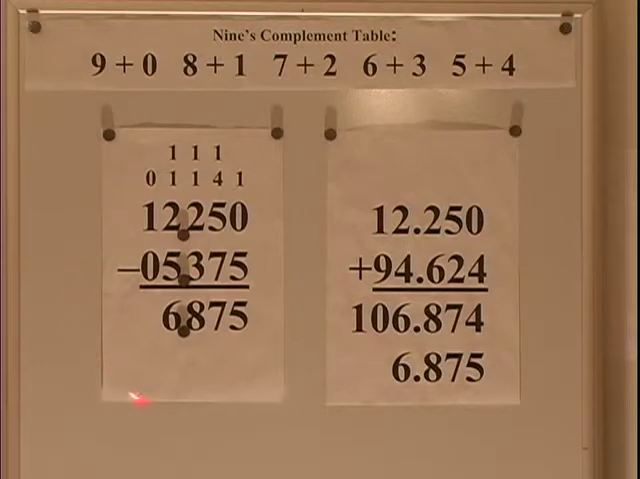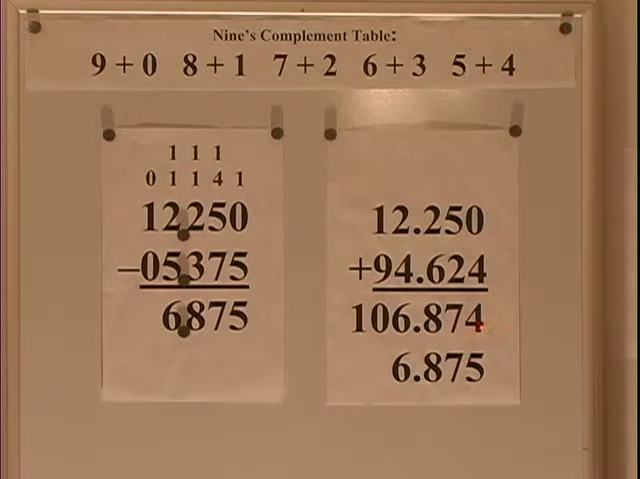Subtraction by subtraction, everything stays the same, these numbers. So my answer is 6.875. I'm going to rewrite this minuend, 12.250. I'm going to rewrite the 9's complement of the subtrahend, which is 94.624. All these numbers are the same for an integer subtraction. When I add this, I get